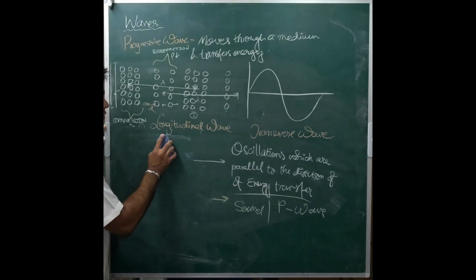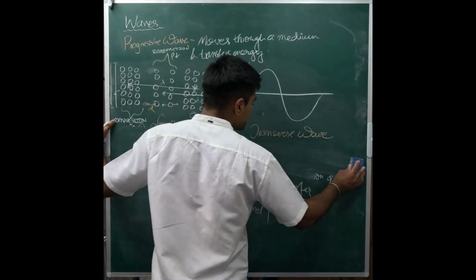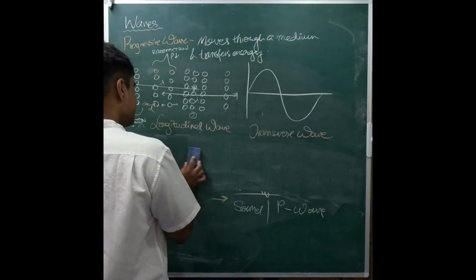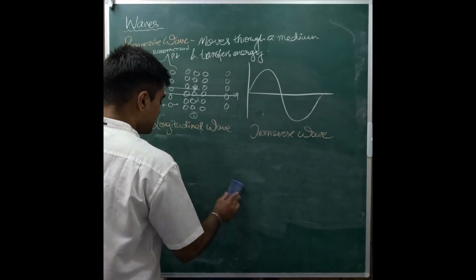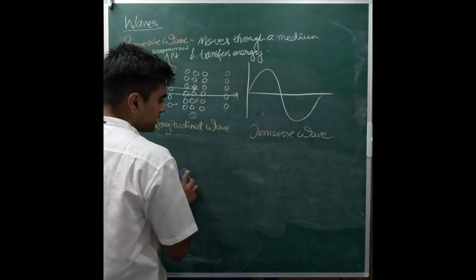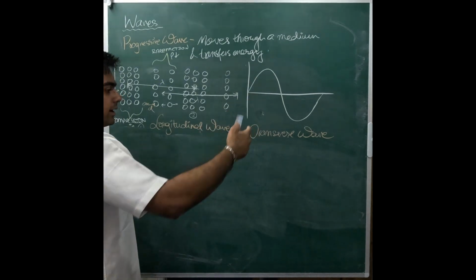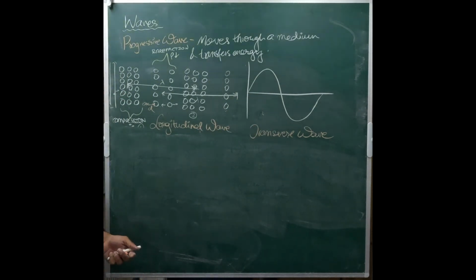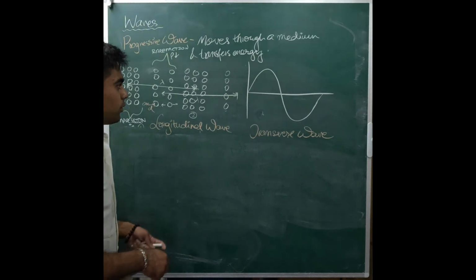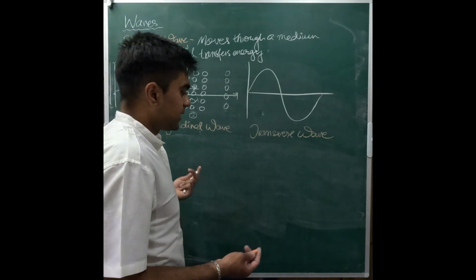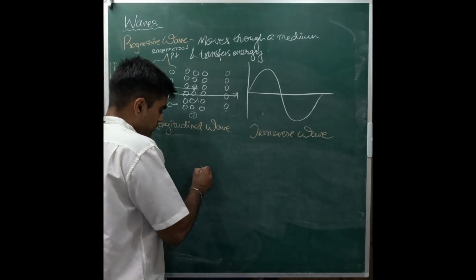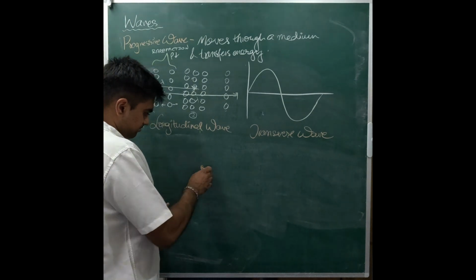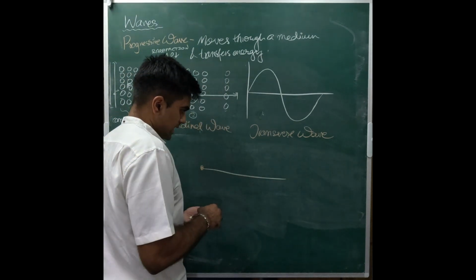Now let's move on to the next one, which is a transverse wave. Transverse waves are much simpler to understand than longitudinal waves, because transverse waves are kind of what we imagine waves to be. We've seen this squiggly line throughout our lives for waves. Let's just go over it now. So, what do we have here? The way to understand a transverse wave first is actually using a string. We can have the string attached here and here.